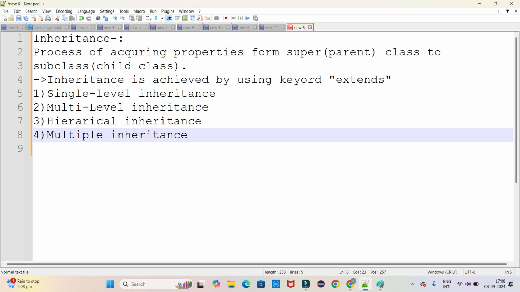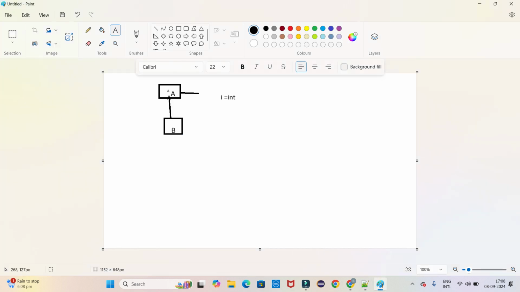That's multi-level inheritance. So let me tell what is multi-level inheritance. Second one. Now if you see here, class A is extending class B. Now this is only a single class which is being extended, so that's the reason it's not a single level inheritance. Multi-level inheritance is nothing but having another class